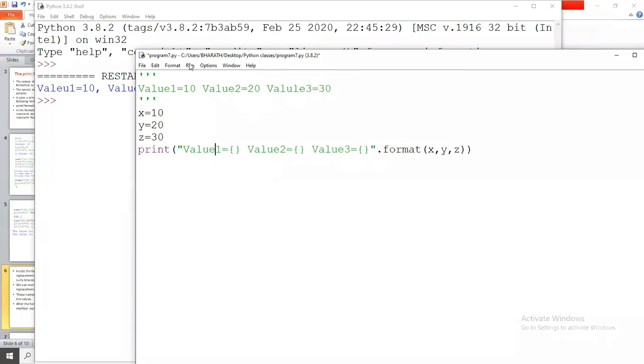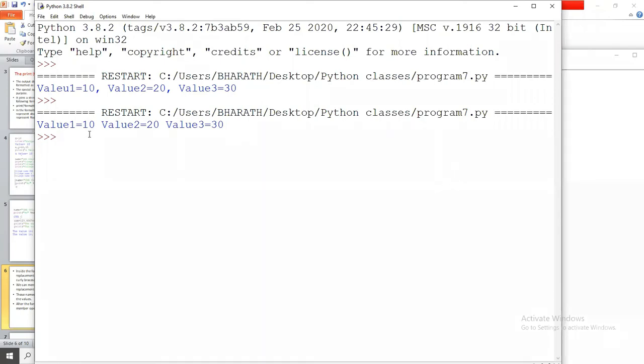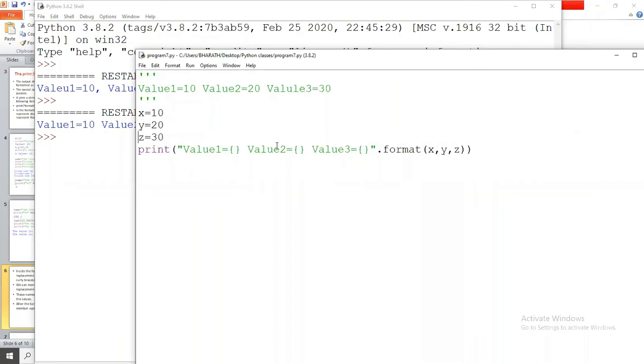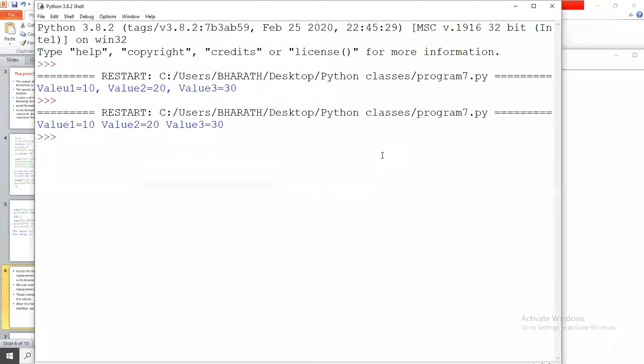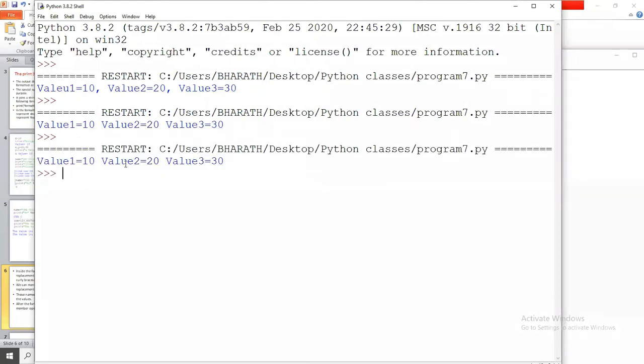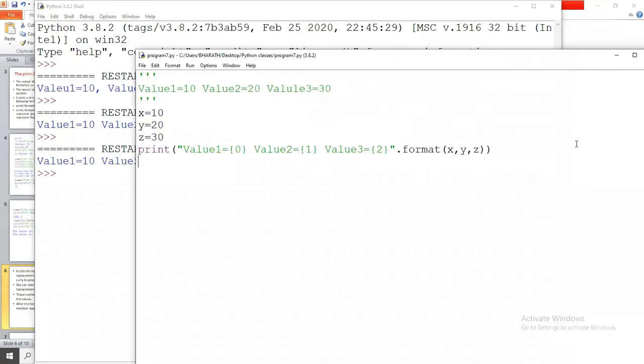Okay, so value 1 equals to 10, value 2 equals to 20, value 3 equals to 30. Here I am not specifying any name or index here. If I give indexes, then also same output, 0, 1, 2. Same output. So value 1 equals to 10, value 2 equals to 20, value 3 equals to 30.